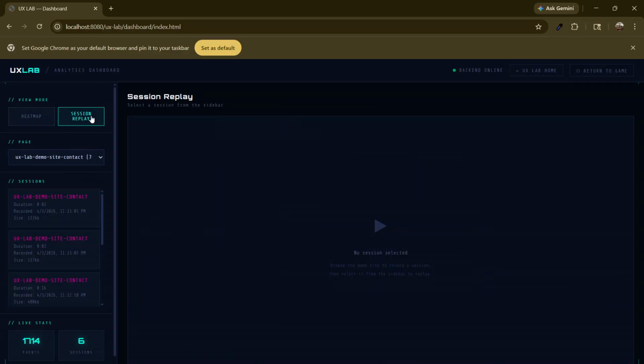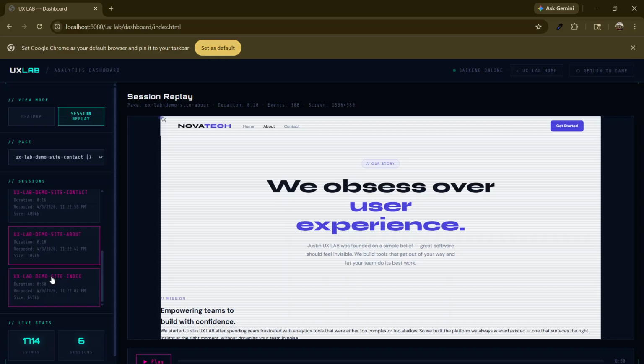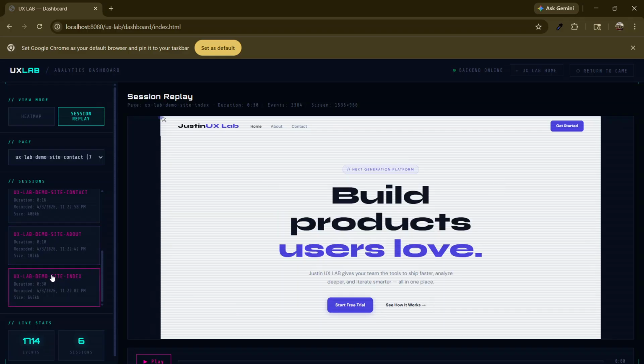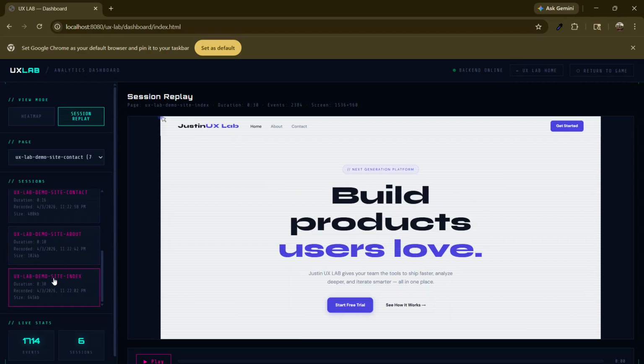Now let's come over to session replay. Now here's the sessions, and I don't know if I might have some old ones in here. Let me click on this one here. Oh yeah, so this is before I changed the name. I actually came up with this Nova Tech because I thought it was cool. Well, I Googled it and it turns out it's a thing, so I thought, I better not. But let's go ahead and take a look here. If I hit play,